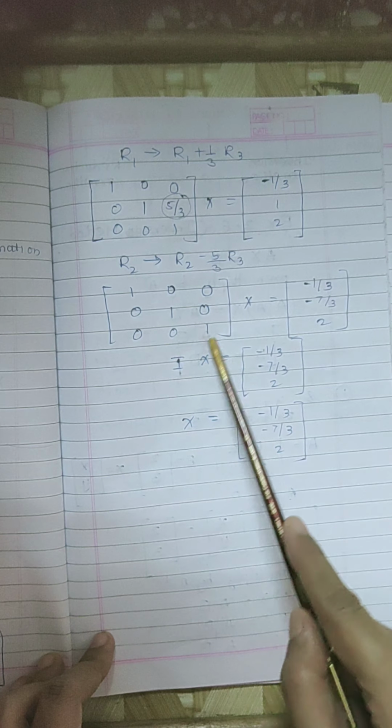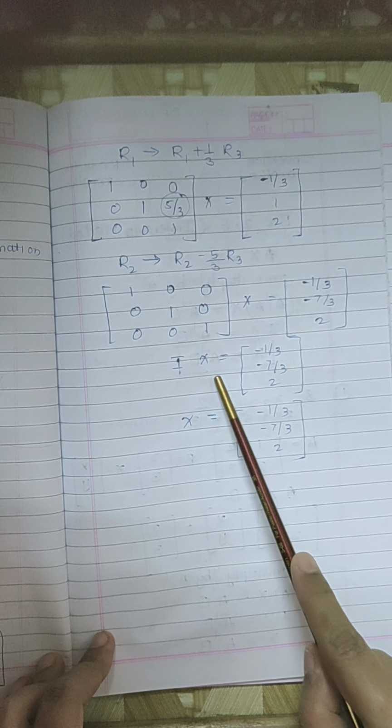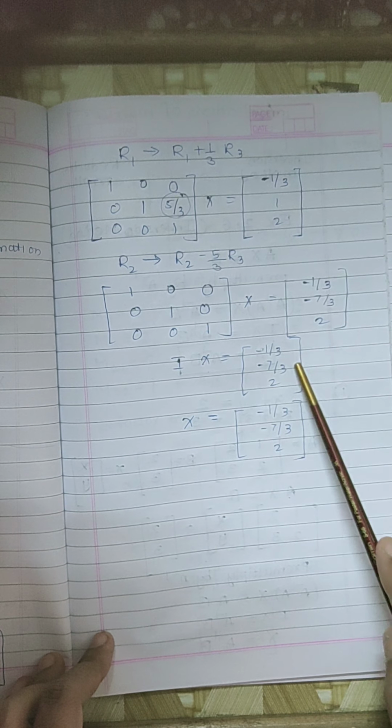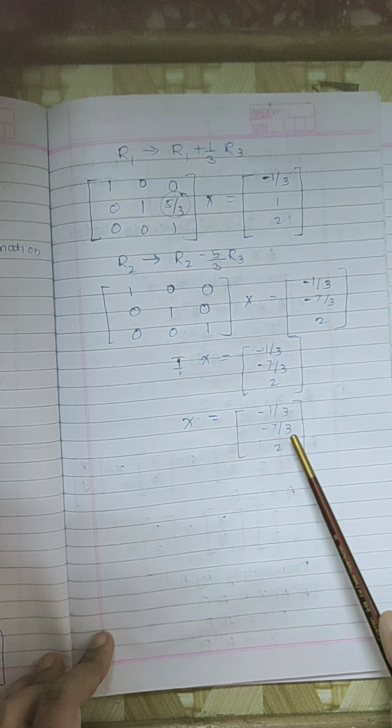So this has become the identity matrix. So I into X is equal to this matrix. So I into X means X is equal to minus 1 upon 3, minus 7 upon 3 and